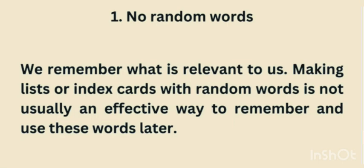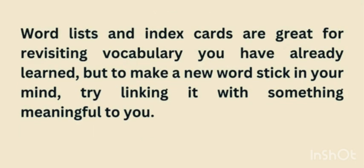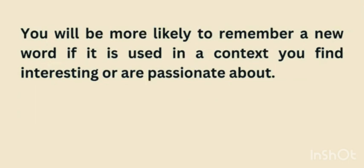Making lists or index cards with random words is not usually an effective way to remember and use these words later. Word lists and index cards are great for revisiting vocabulary you have already learned. But to make a new word stick in your mind, try linking it with something meaningful to you. You will be more likely to remember a new word if it is used in a context you find interesting